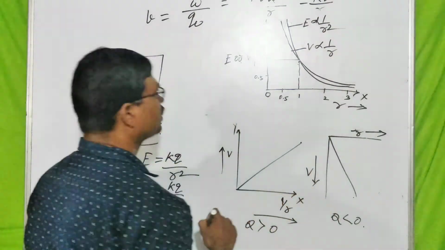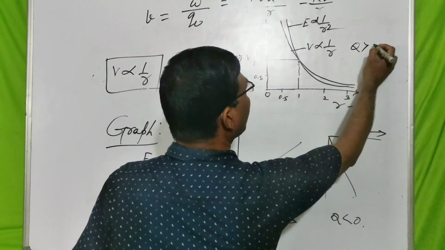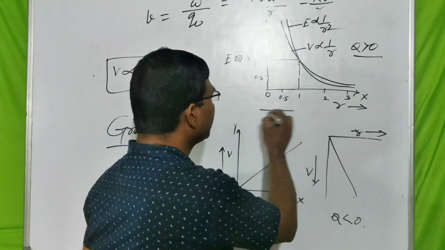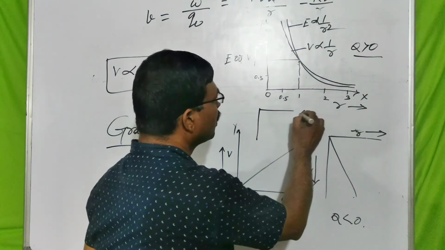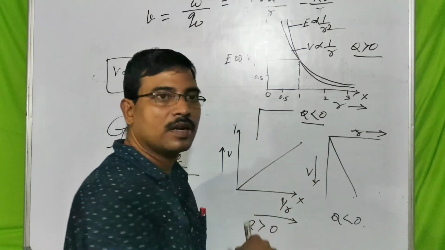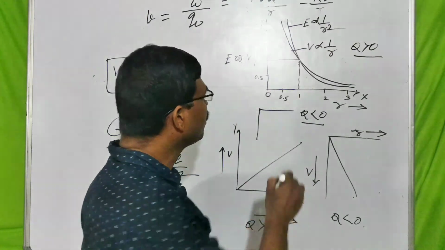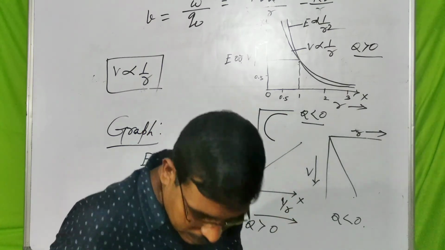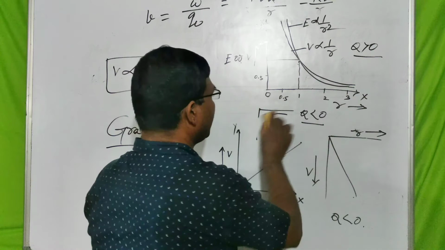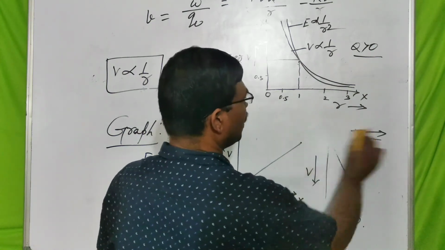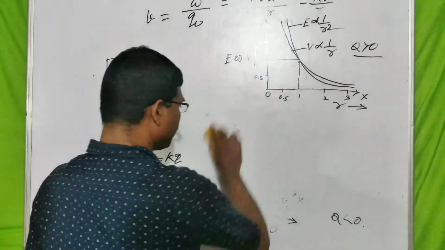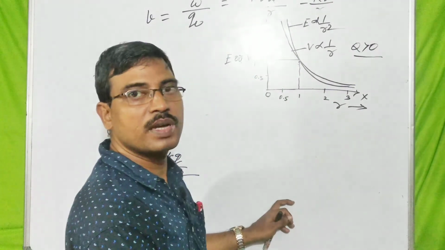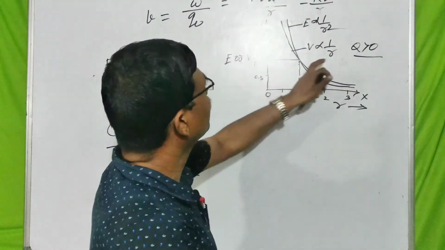Then come to the points. This is the case happening when Q is greater than 0. If you take the opposite, what will you get? In this manner, for Q less than 0. You will draw it slightly inverted, like you inverted before. It may be a little difficult, you make it yourself. There is no space here, so make it. How many cases are there in the graph? One is Q greater than 0, Q less than 0 for V proportional to 1 by r, and here is E or V versus distance.